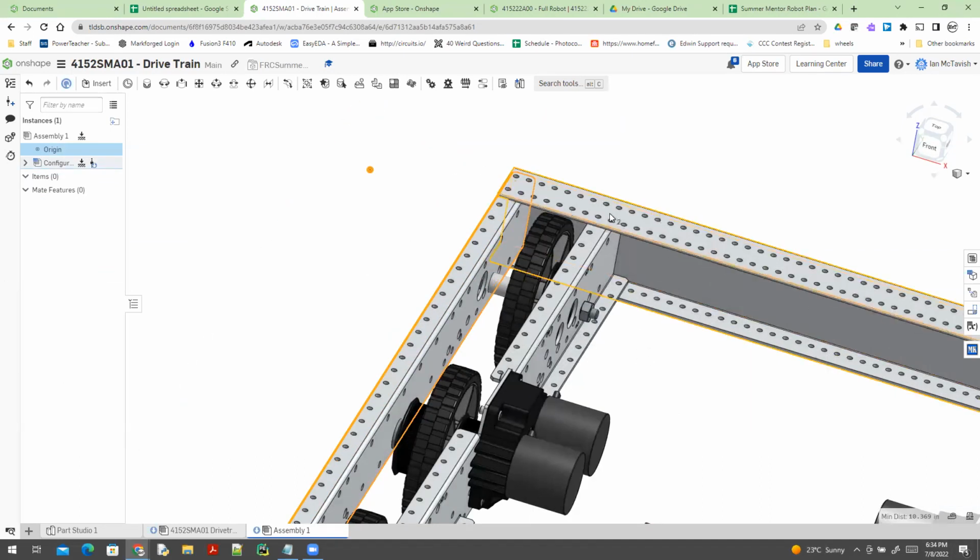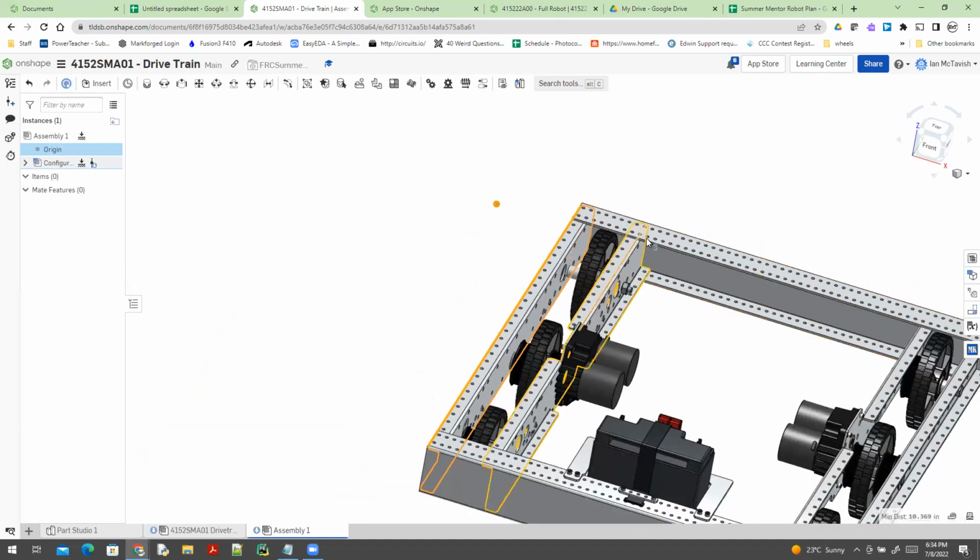And when I do that, I need to obviously unfix it, but I can then select it and select this arrow and set the distance and get it perfectly centered. And the reason I like it perfectly centered is because then you can have your center of gravity, and with your design,